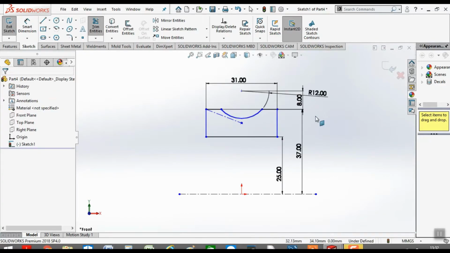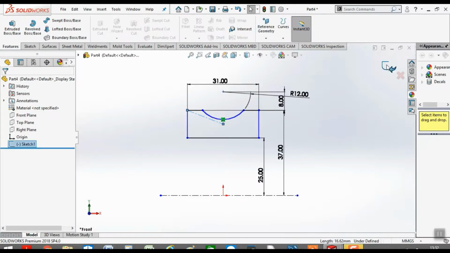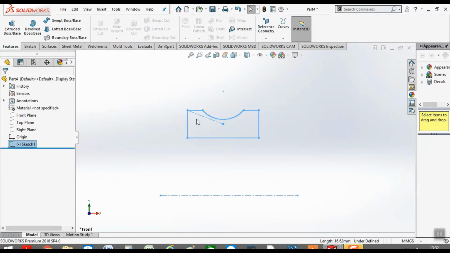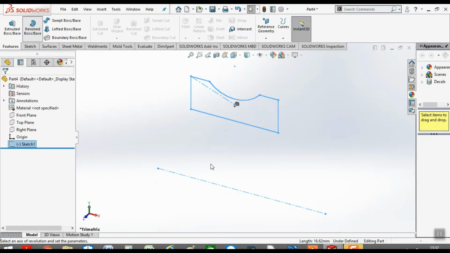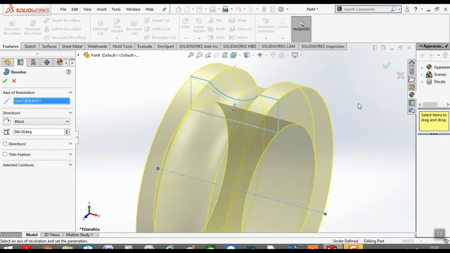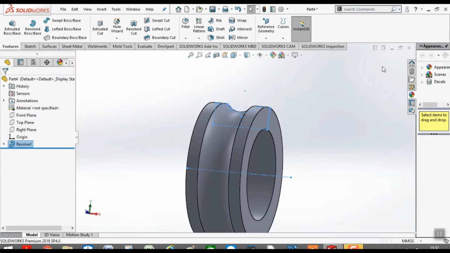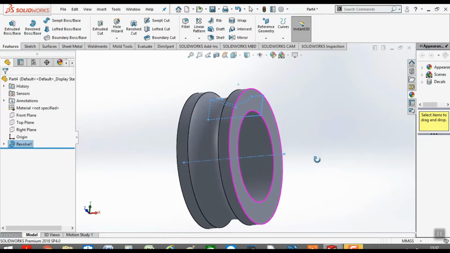Okay, Control Z. Go to the feature, revolve both ways, and axis, select this axis, so it will take automatically, and then OK. So this is our inner ring, and go to the fillet,